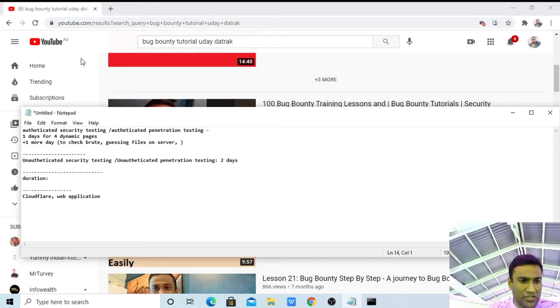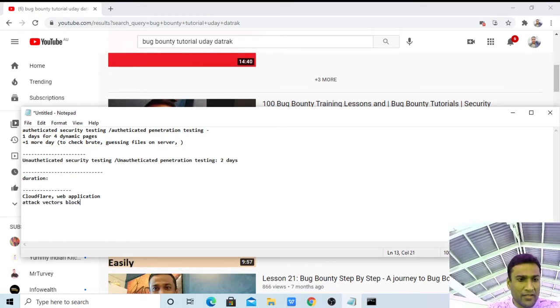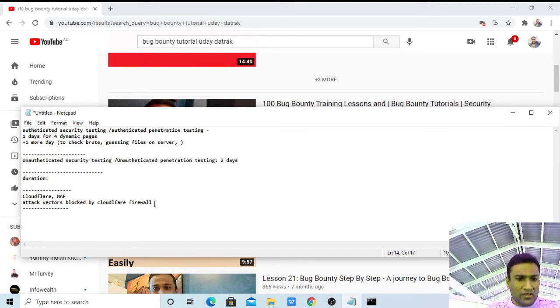But if a website is protected by the Cloudflare firewall, then even though your website is vulnerable to cross-site scripting or SQL injection, all your attack vectors will be blocked by the Cloudflare firewall itself, guys, or we call it WAF, web application firewall. So in order to check for such security issues in such applications, it will take a longer duration because you need to try each attack vector. If it gets blocked, then you need to try another vector.